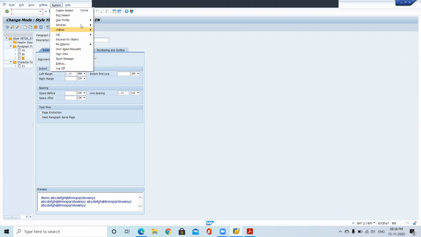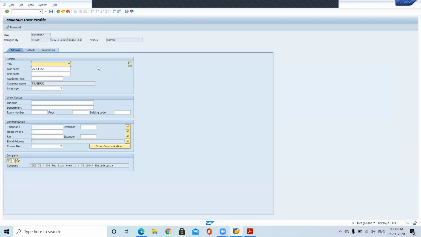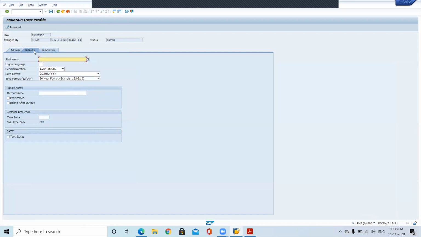So if you go back to your user profile, own data, in this own data we have default parameters. What is your default output device? That is your default printer, LP01.